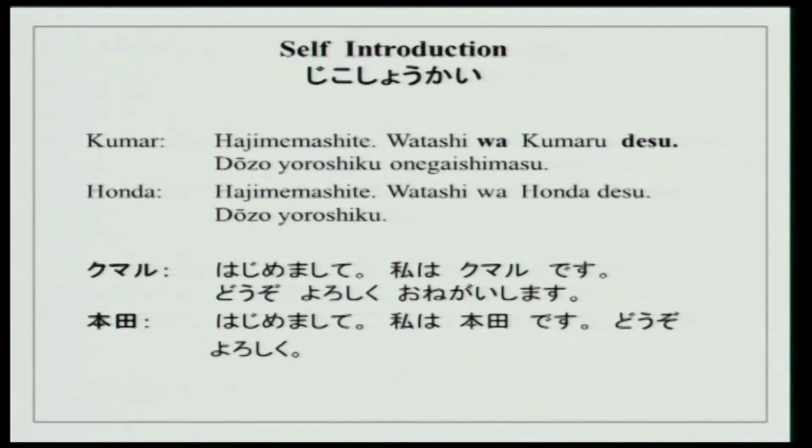Hajimemashite, watashi wa Kumar desu. Douzo yoroshiku onegai shimasu. Hajimemashite, watashi wa Honda desu. Douzo yoroshiku. Of course, it is a little difficult to understand anything now, but I am sure 2 words you